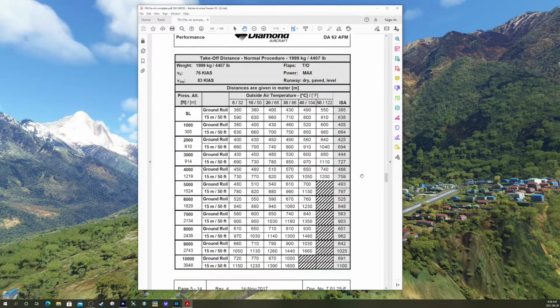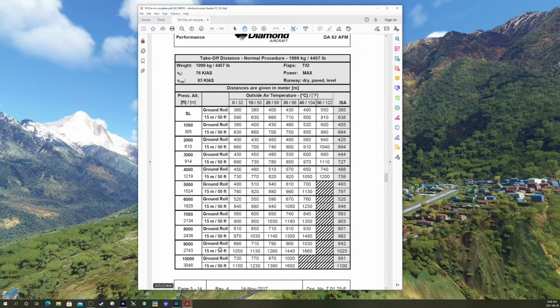For example, we're taking off at about 2,000 kilograms, and these are the conditions here. Takeoff flap set, max power, based on a dry paved level surface. These are our speeds: VR 76, V50 feet 83 knots. And the weight for this table is right there. So for example, we're here in Nepal, and it's just over 9,000 feet, and let's say the temperature in the